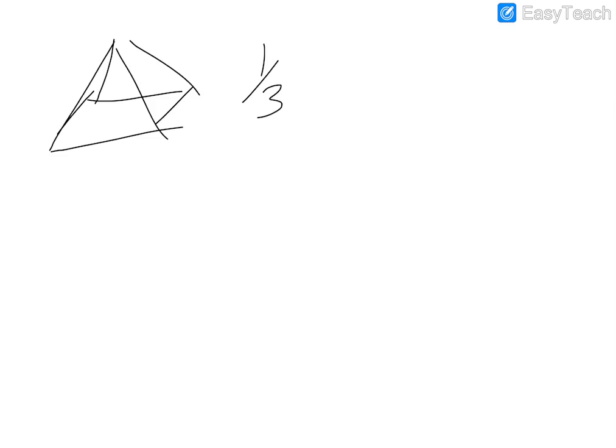Finally, we have, well, I guess not really finally, there's a bit more after, but pyramids and cones. So a pyramid is, you have a polygon at the bottom, and it all converges at a point at the top, basically. And interestingly enough, the volume of this is equal to 1/3